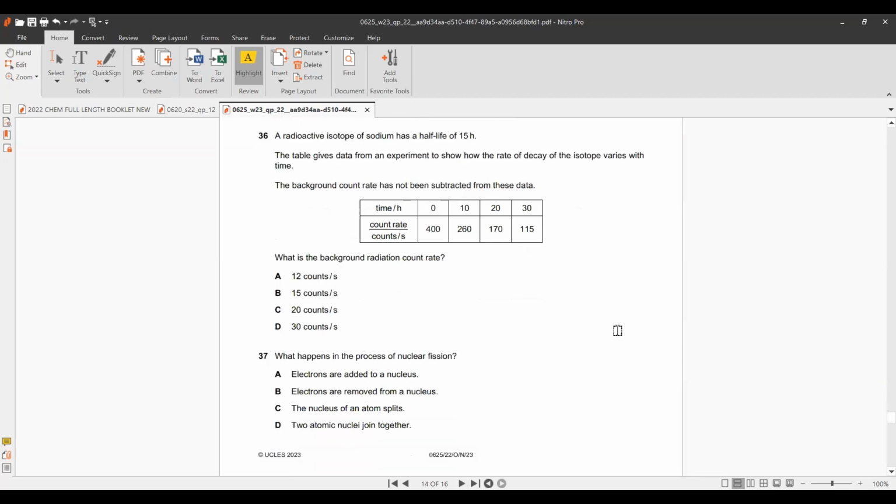Then they have asked us, this is a very interesting question, to find out the background radiation. They have given us the half-life, and also they have given us the data after two half-lives. So after two half-lives, how many atoms are left? 400. So let's divide an option by this one. We'll get a value of 100. But what do we have here? 115. So we need to subtract the background radiation for each option, and then we'll see in which we are getting 115. So if we start with 400,